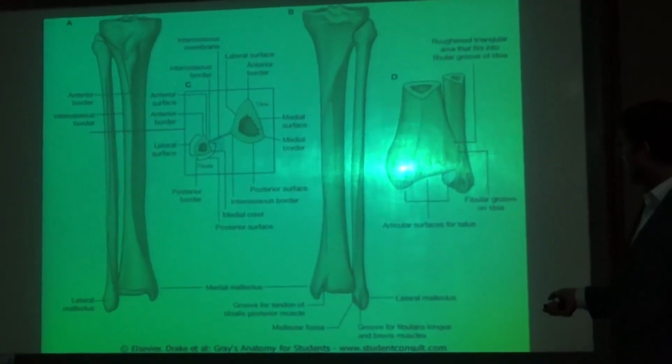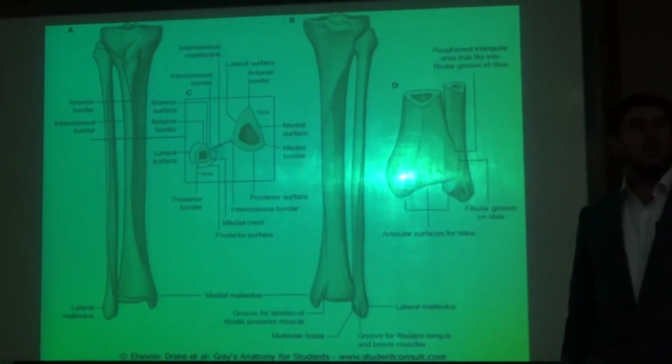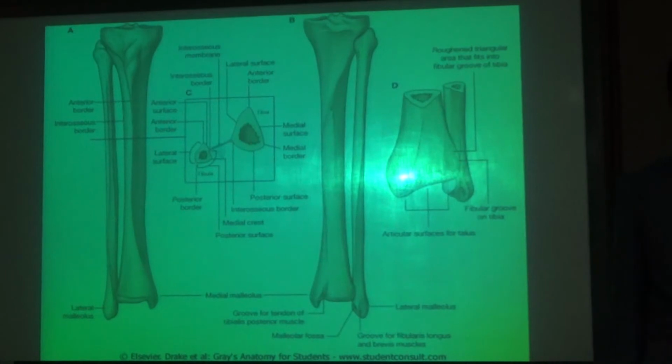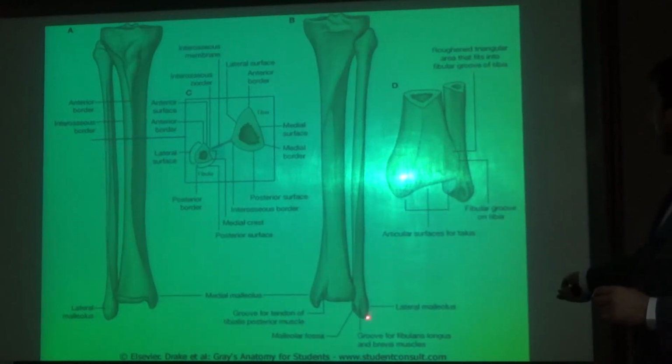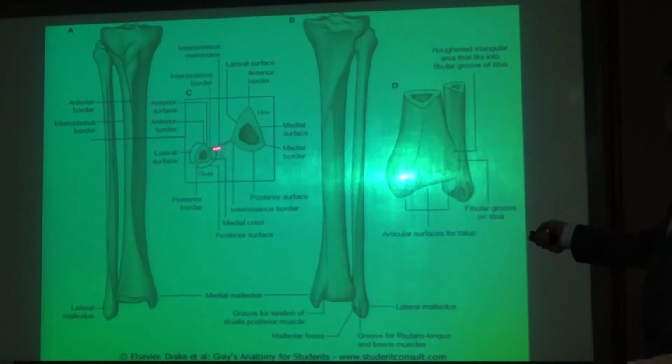This is a malleolus and malleolus. What I have discussed in the fibula is the malleolus, lateral and medial. I have also discussed the condyle. There is a head on the upper side and a neck, and this is the lateral malleolus. Simple. In between that is the interosseous membrane.